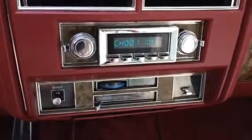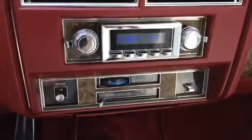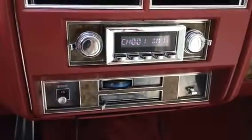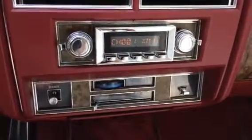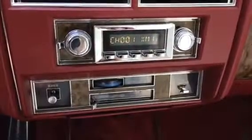So he got the retro radio kit designed for this vehicle. I just completed the installation. With this radio kit installed in the vehicle, the original part of the vehicle was completely unaltered. The original radio system and wiring harness is completely unaltered and can go back to the original Cadillac radio at